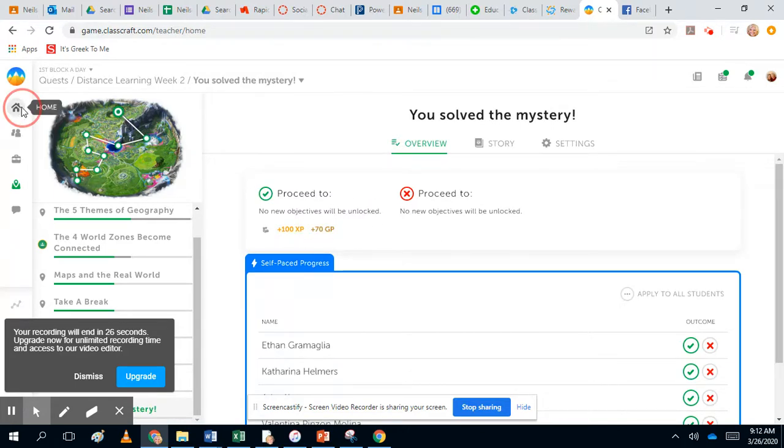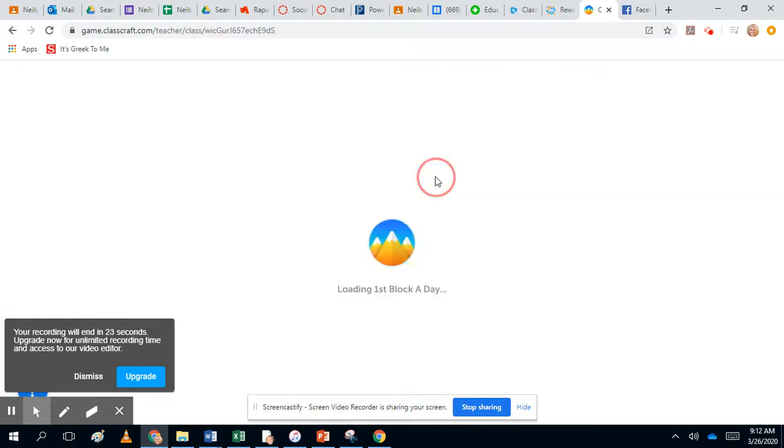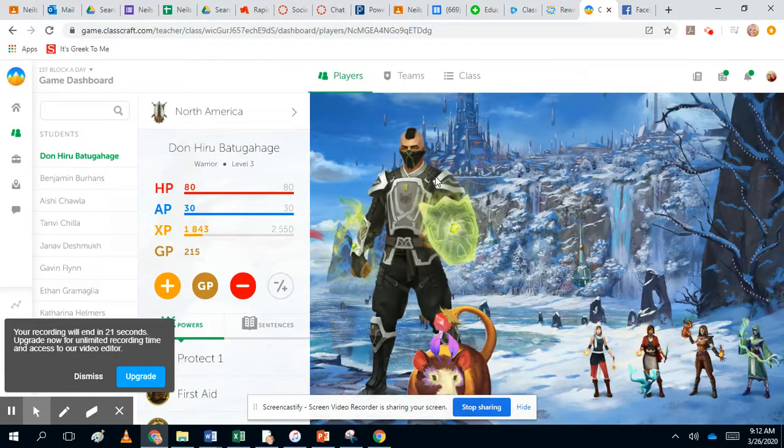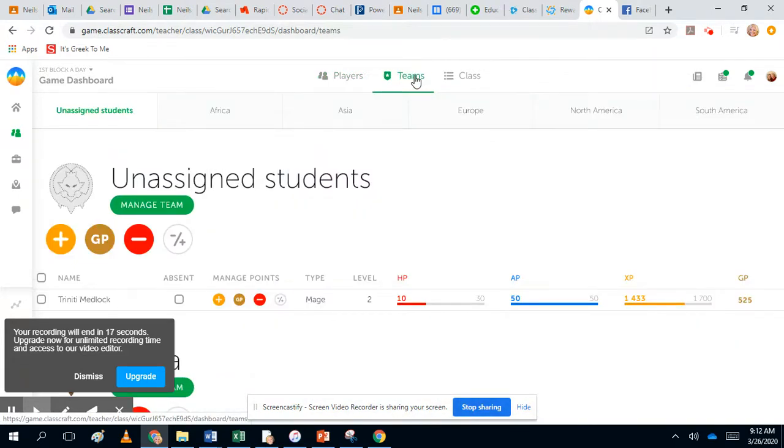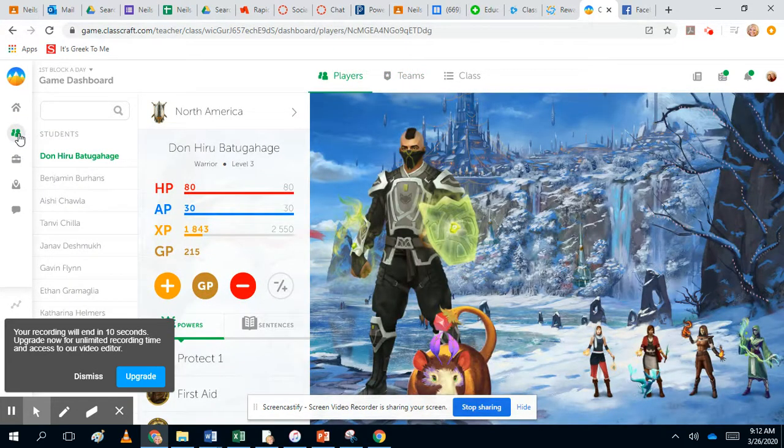When the kids come into your class, they set up characters, and I have everybody on teams, which in Classcraft we're able to use. They have a great review game section in here. It's kind of like a Kahoot, except that they don't have to be on the computer to do it, and they're on teams, and you can do punishments. You can use the preset ones, or I actually have embedded